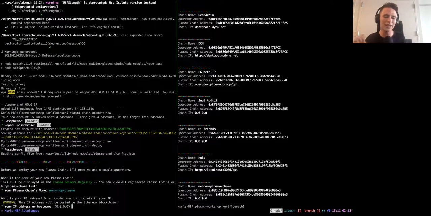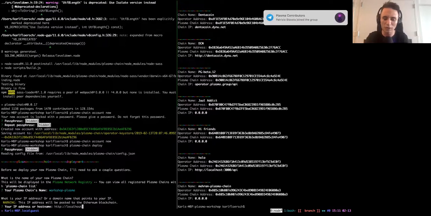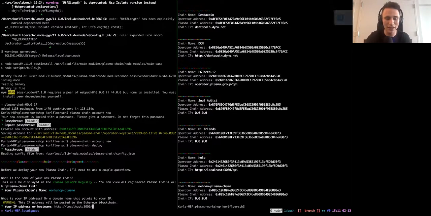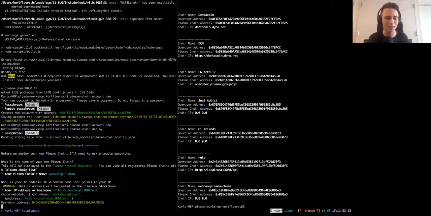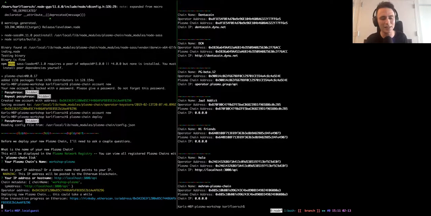And we're going to set an IP address or host name. So this is actually important. The burner wallet, which we will set up soon, actually pulls the IP address from the registry. And so I'm going to set the IP address to my localhost /API so that the burner wallet will automatically connect. You can also change it inside of the burner wallet itself, but this is just the easiest way to go about it. Now note that, of course, no one else will be able to access my localhost address,